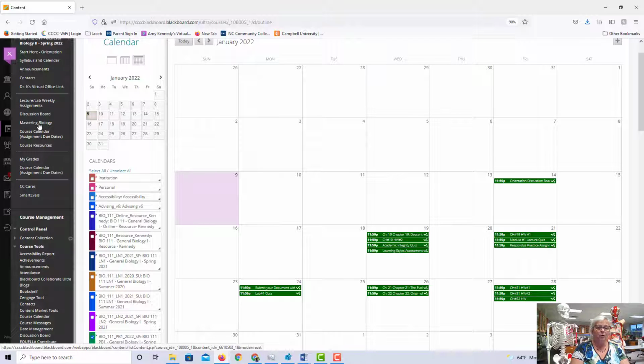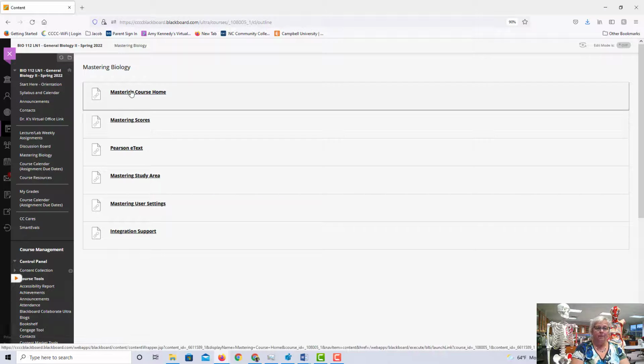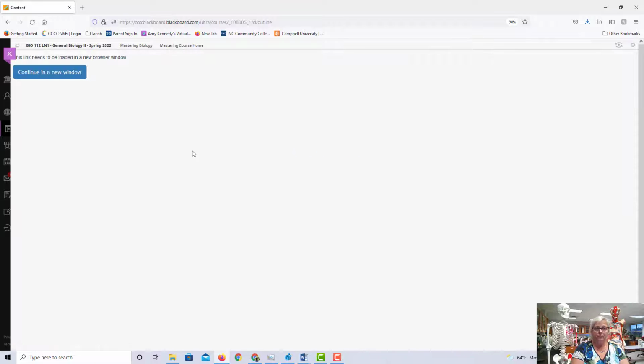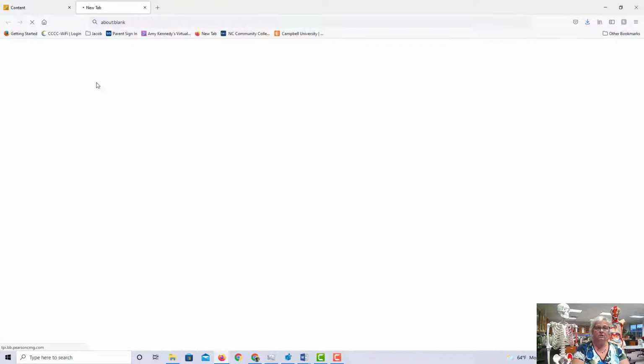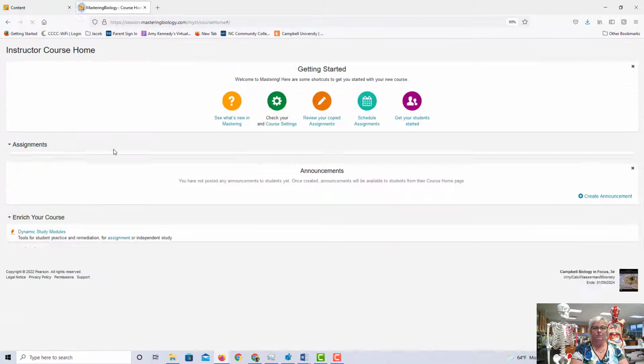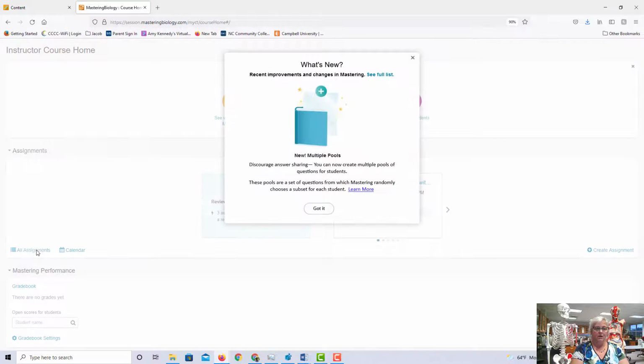To access the homework, you will use the Mastering Biology site. You can come into the course home, continue in a new window, and then all assignments.